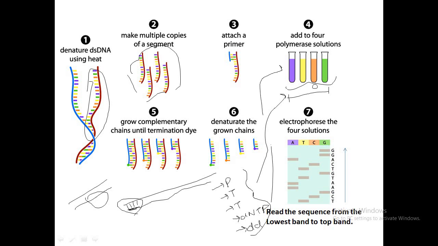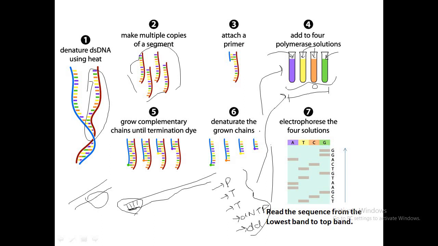That means if you want to get a product that ends with only A, in that test tube you will add the dideoxynucleotide for only A, and if you want to end the product with T, in that test tube you will add dideoxynucleotide T. Similarly, for this one you will add dideoxynucleotide G, and in this test tube you will add dideoxynucleotide C. All four normal bases will be present in all of the test tubes, but the abnormal one, the dideoxy one, each specific nucleotide will be present in its own test tube.